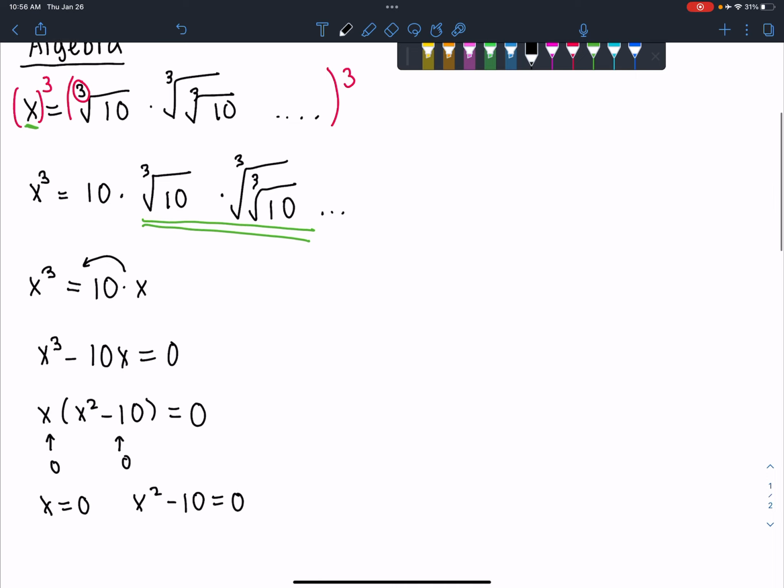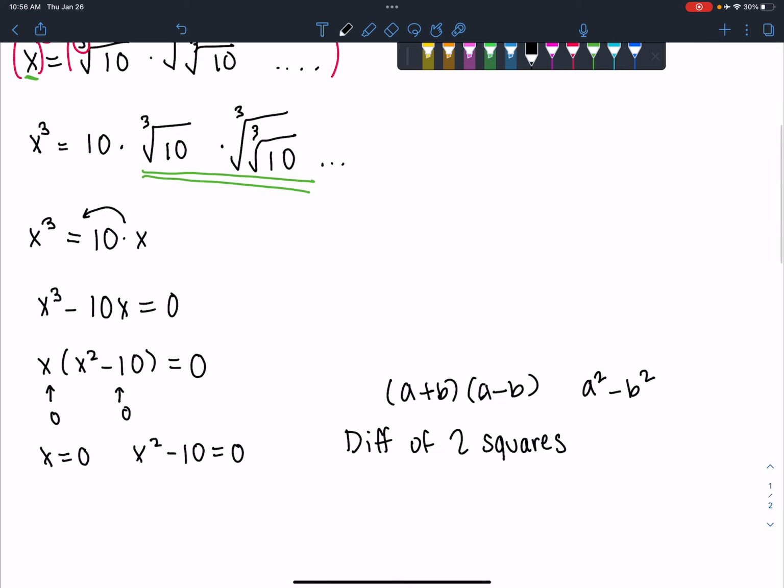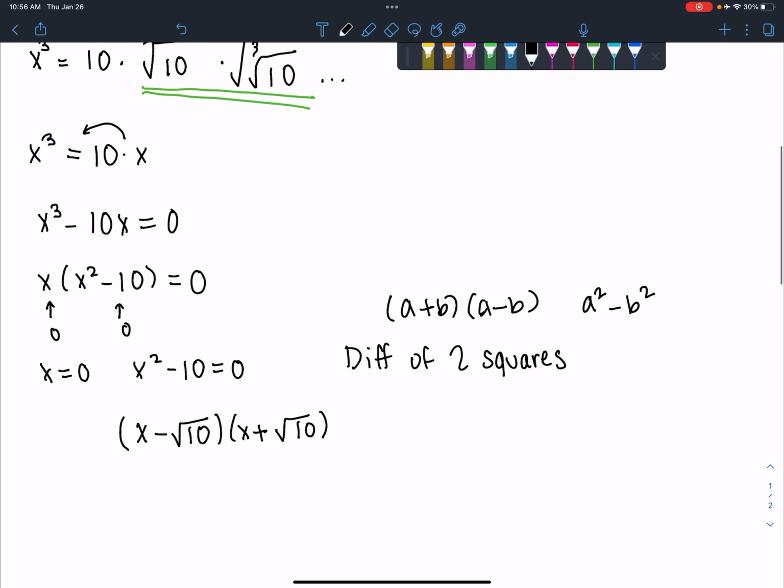Whenever you see an x squared minus something, you know that it is the result of a difference of two squares, which means that when we multiply a plus b times a minus b, or usually a equals x, we have a squared minus b squared. So even though 10 isn't a perfect square, we can still multiply the square root of 10, since the square root of anything times the square root equals the number inside of the radical,